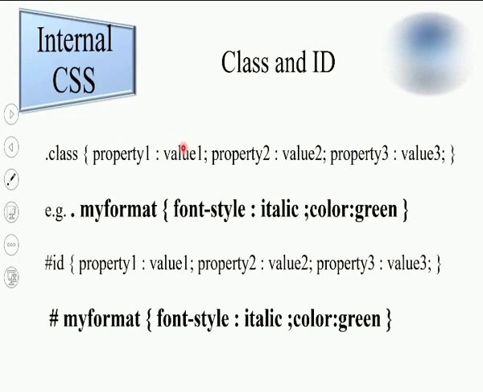Now what if I want to write this in my code? I just gave the name my format. Students, you can give any name as you wish. For example, I wrote dot followed by the my format keyword. You can make use of dot ABC or dot XYZ, or you can write dot and your name or dot my style. Whatever you want to give is your choice, but it should be without a space. So this is the name of the class.